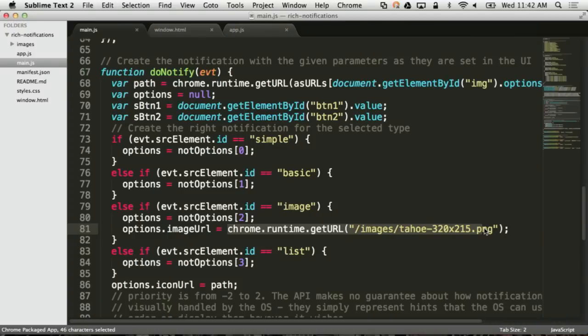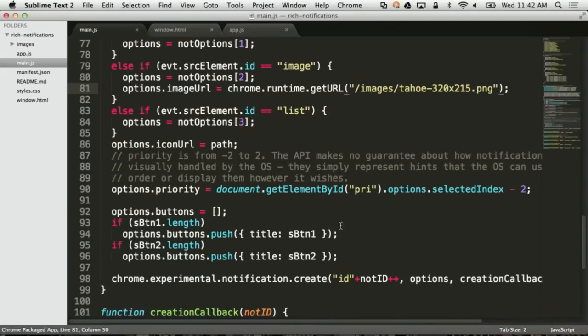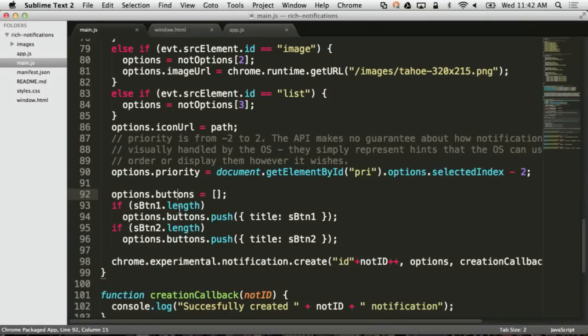We're all good to go. We don't have to worry about, hey, where'd that image come from? What are the CSP rules? We know that we're getting the image from the right place. And then finally, on our options.button, we can go in and say buttons and push the two buttons into the